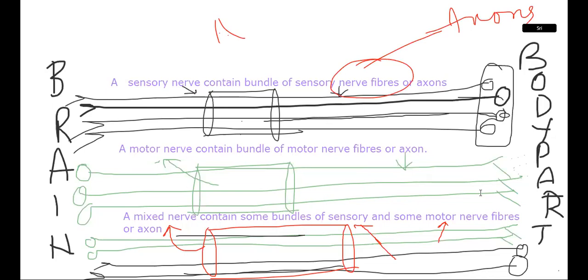People don't find this much difference, and there was no need until now. But now you are entering into the need. That's why you need to differentiate between the nerve and the nerve fiber. Now, a bundle of nerve fibers. So what is a nerve fiber? Nerve fiber means it is not the cyton, it is not the dendrite, it is exclusively the axon. So these minute things are very important for us to learn.